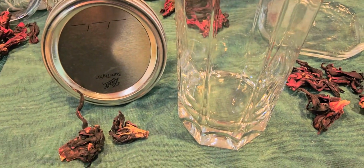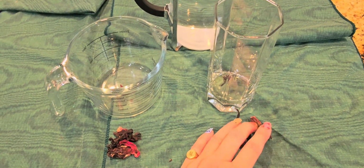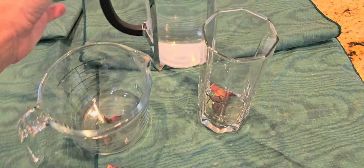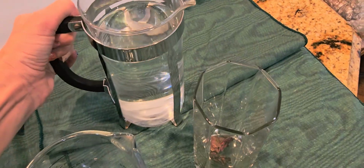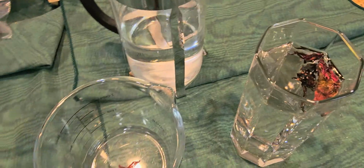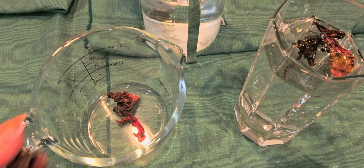So let me show you. And here is why cold brew is so easy. Just take the amount of flowers for the size of the container and cold water. It could be tap water if you've got good tap water, filtered water, bottled water. Put the water in, fill it up, and let it soak. So while that starts to soak, because I want to show how you can see it's starting to rehydrate the flowers,